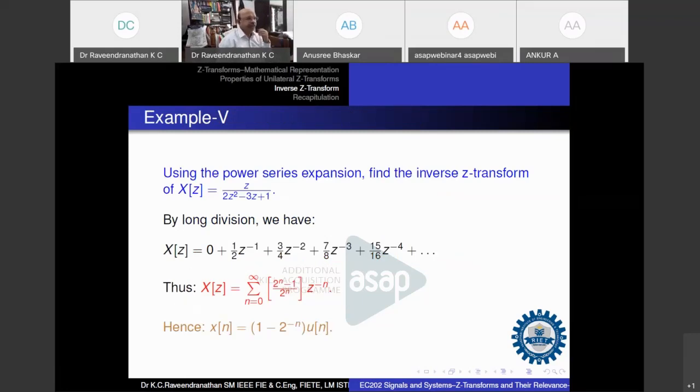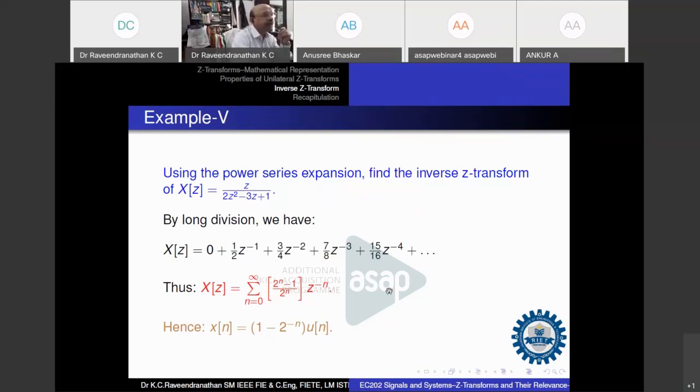Using the power series expansion, we can find the inverse Z transform of x of z is equal to z by 2z square minus 3z plus 1. So by long division, we get into this form: 0 plus 1 by 2 z raised to minus 1 plus 3 by 4 z raised to minus 2 plus 7 by 8 z raised to minus 3 plus 15 by 16 z raised to minus 4 plus the next term will be 31 by 32 z raised to minus 5 and so on and so forth. It is an infinite series